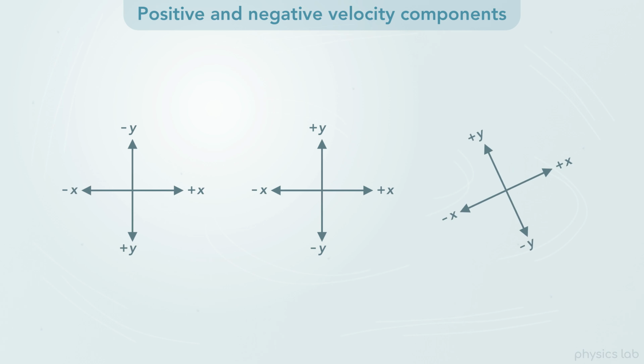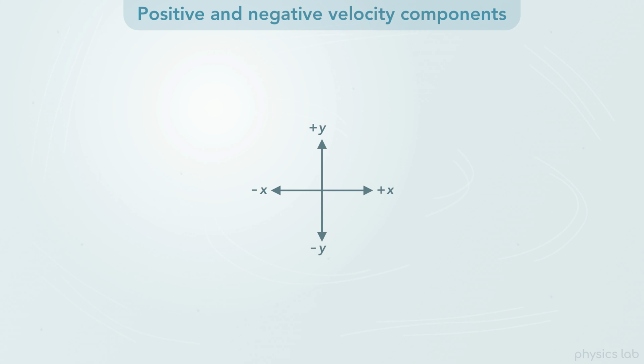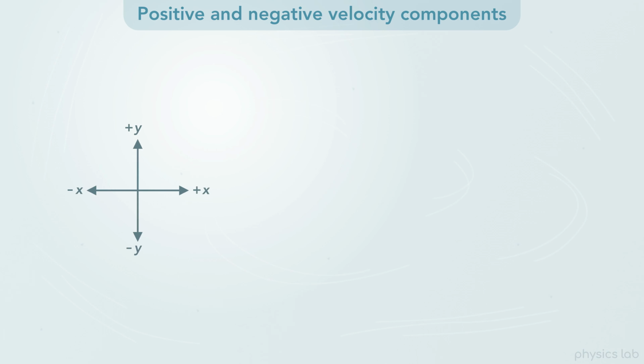You can choose different directions depending on the situation, but this is the most common way to set up the coordinate system. Just like we learned with displacement vectors, a component can be positive or negative depending on its direction. If the stone is moving in this direction, Vx is positive and Vy is positive. If the stone is moving in this direction, Vx is positive, but Vy is pointing in the negative y direction,